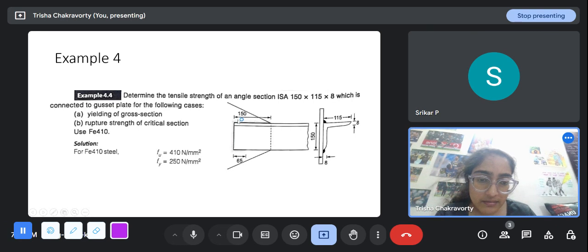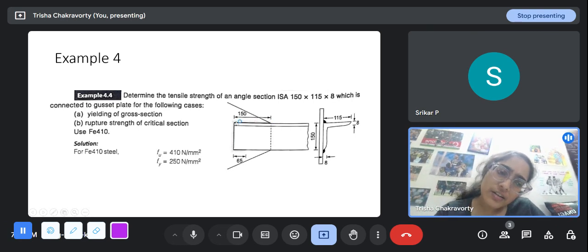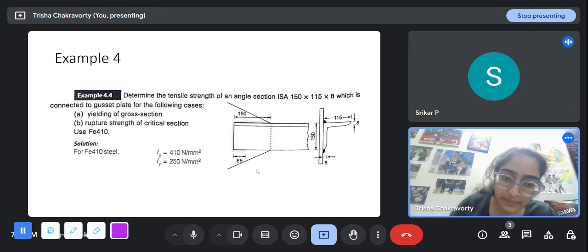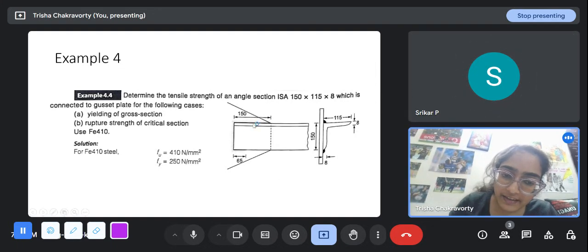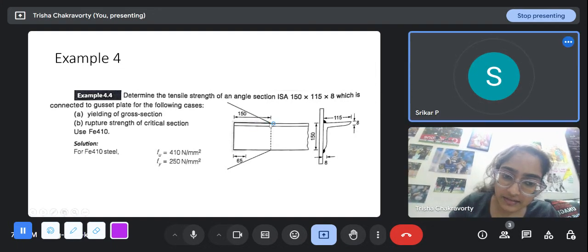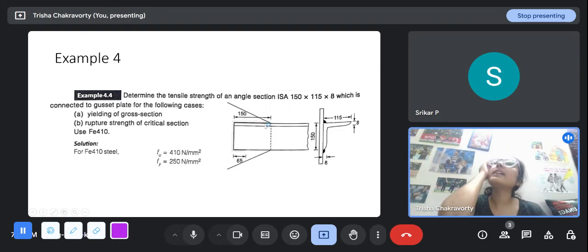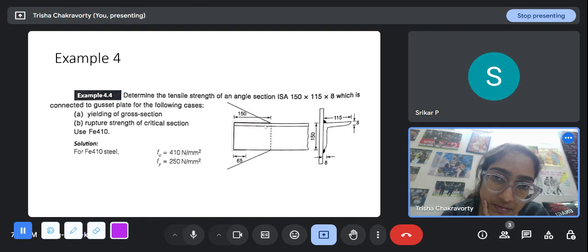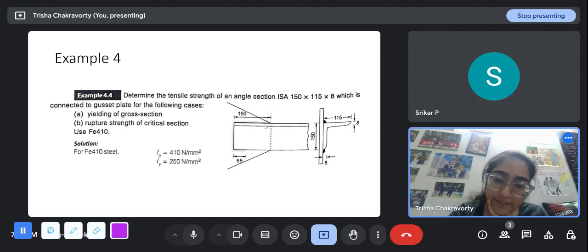One side there also they were doing the same thing, right? They were taking one part, like 75 by 75 plus 75 by 2 is 75. The angle was also placed like this, right? Yes. So they're taking just one end. Even I can't perceive why they're taking just this part.